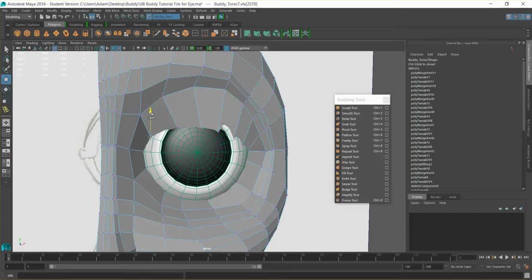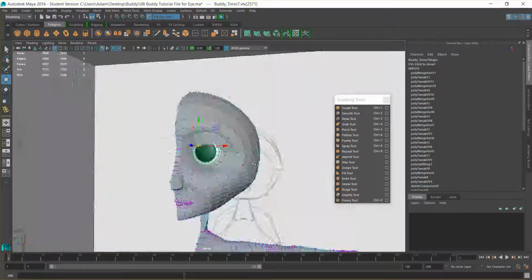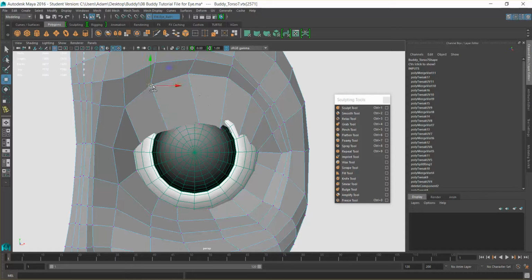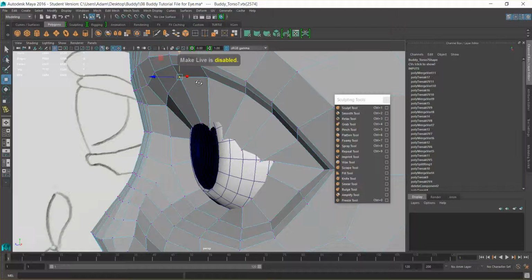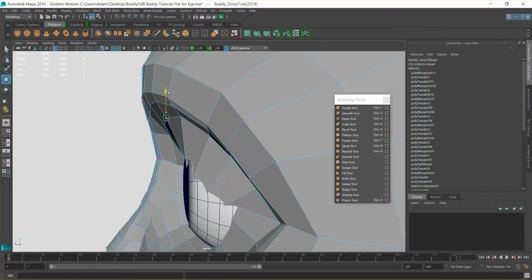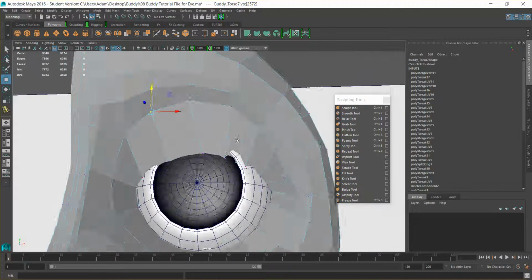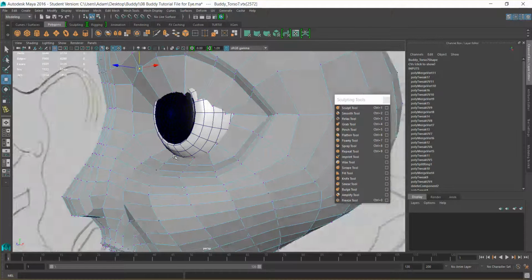Cool, and the eye looks like it's in its resting position. Now it's not too great at the moment, we've still got to do some tweaking, so if you're thinking what the hell does this look like, don't worry. I am going to take off that part there and just bring all of these sections down slightly, but in fact actually it's going to lose that definition of the brow, so we'll skip that bit for now. We'll just bring these